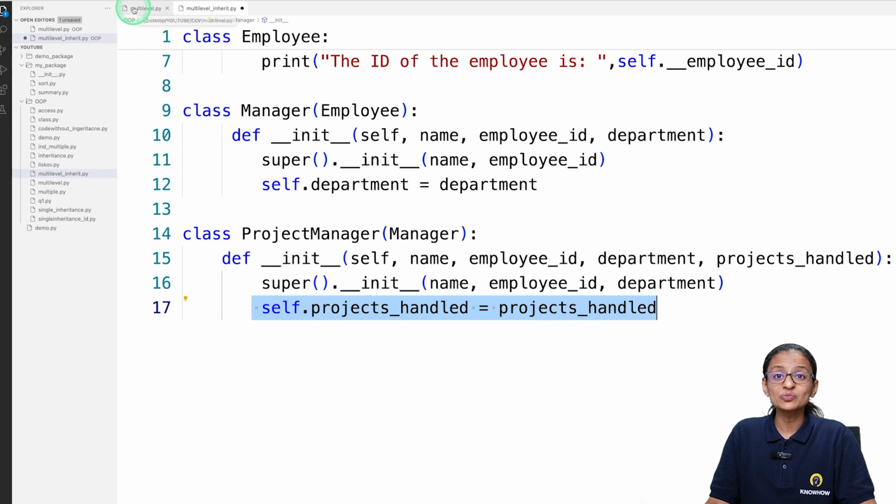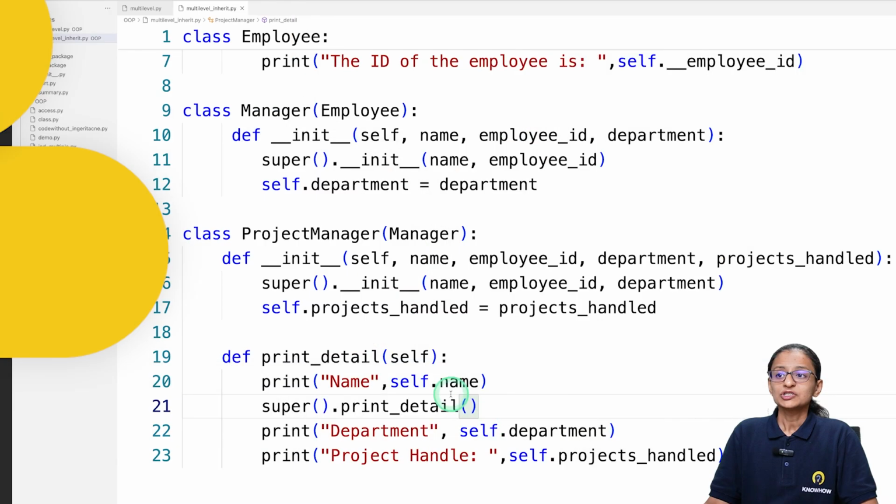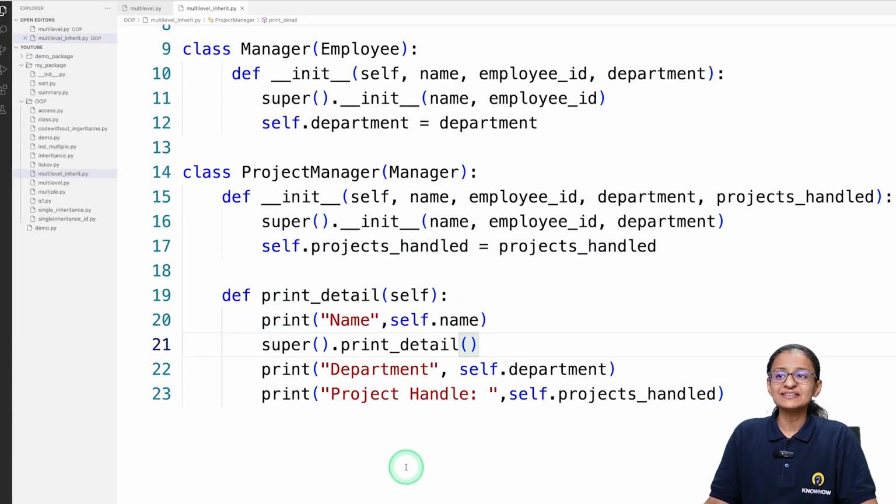And I will write one print method to print the details of the project manager as well as the employee. So here I have created a print detail method which will print the name, employee ID, department